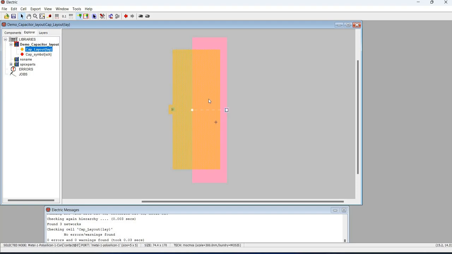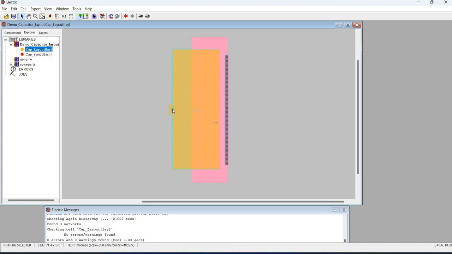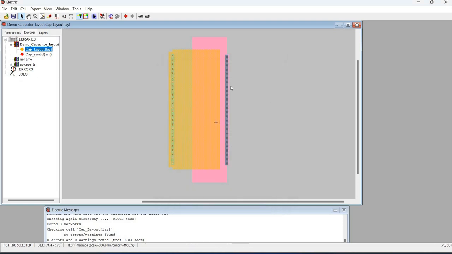Then you can also adjust the Y size. In this case, I'm going to use 130. Example 135.